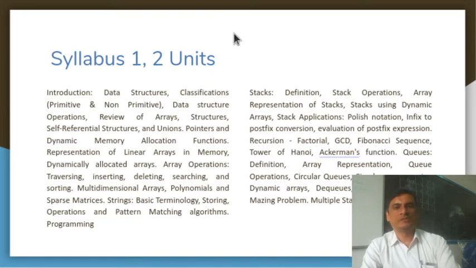What is a mazing problem? Usually you might have seen a small kid going through a newspaper, where there will be a game in which an ant has to reach its destination by moving through the maze. How you can picturize that kind of problem, and what are the different data structures that you can make use of to solve the problem of mazing. So likewise, in the second unit we will be studying in detail about the stacks and the so-called queues.